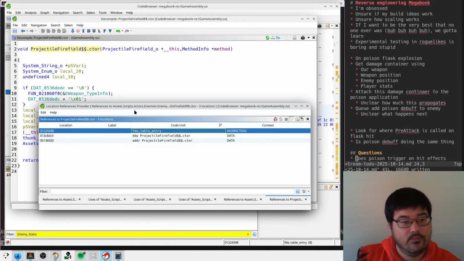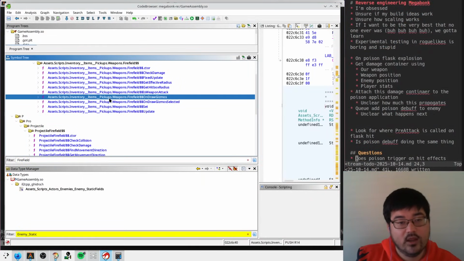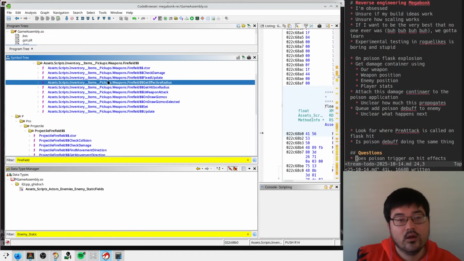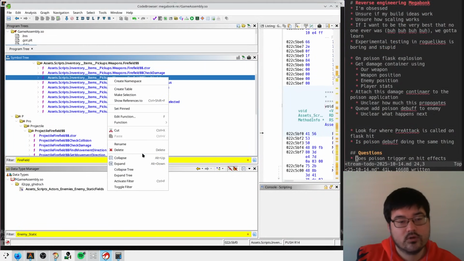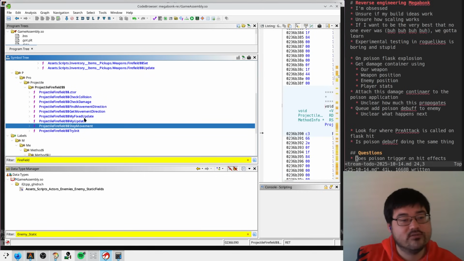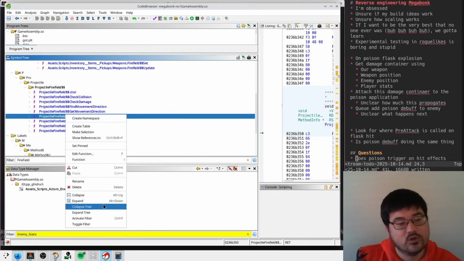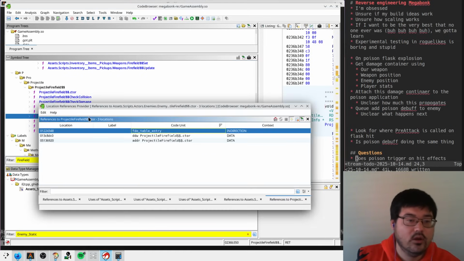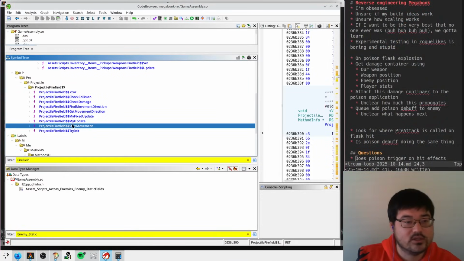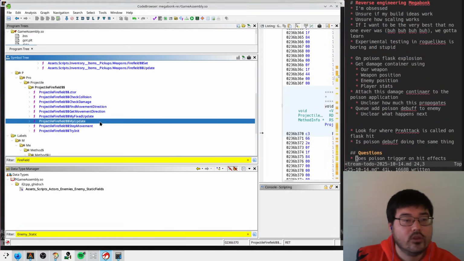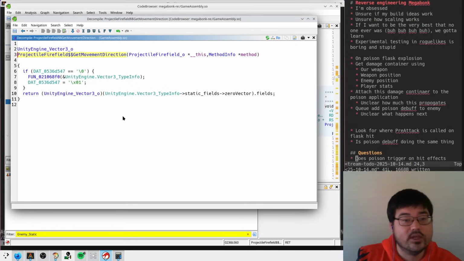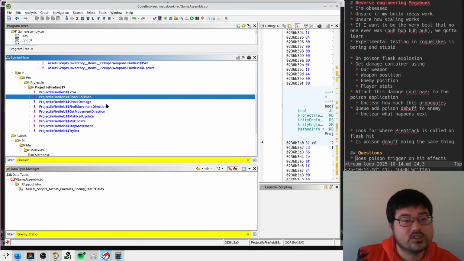Great. Maybe this guy calls fixed update. It could be that each of these guys kind of tie themselves back to who spawned them. Right? So like each of these